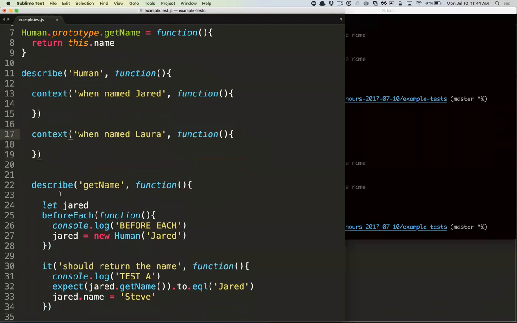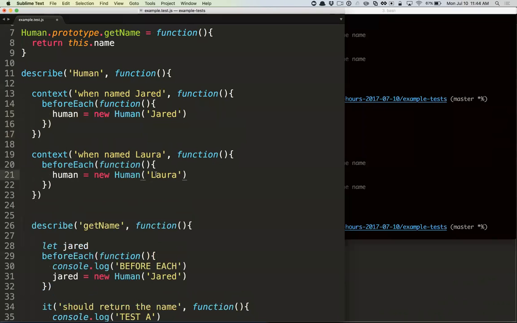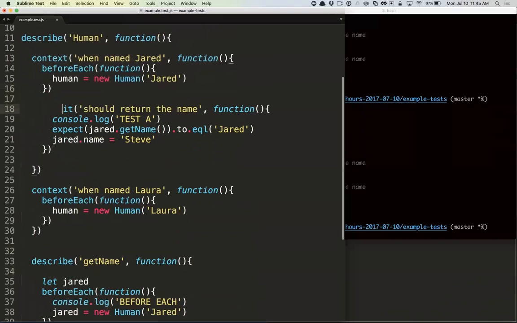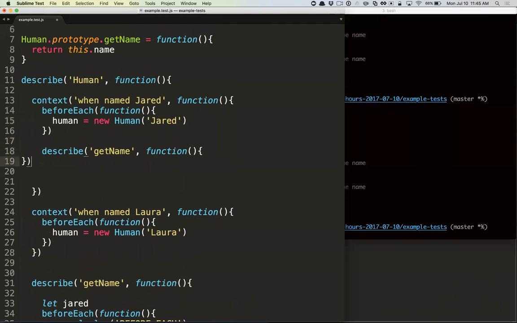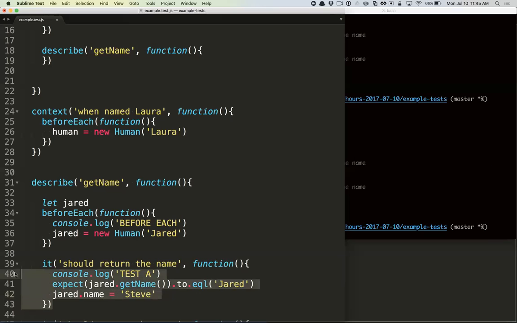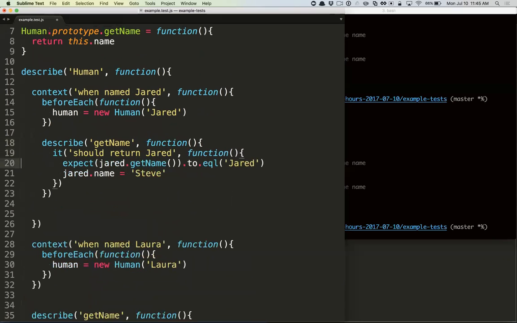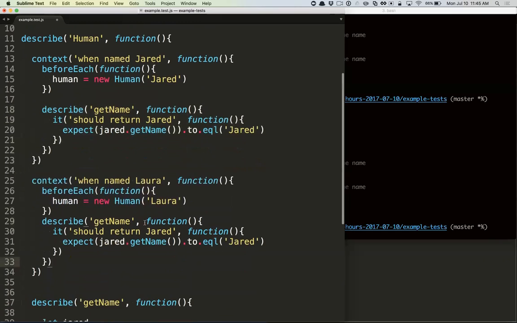Now I could have these two different contexts. So I'll put a before each here. That's now we'll use a generic variable now. And so now I can have a test in here that says, hold on, I want to say I'm describing get name. And now I can say it should return Jared. And this should return